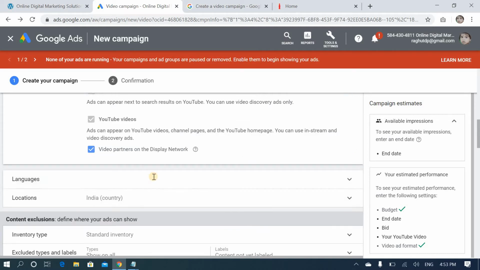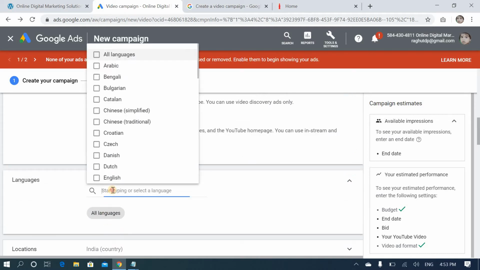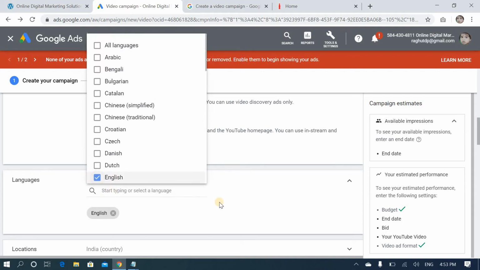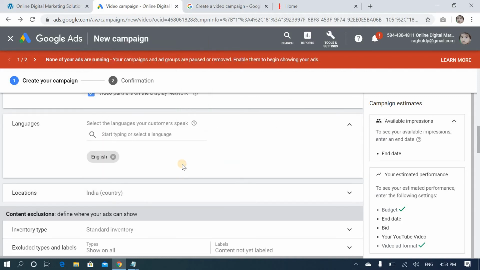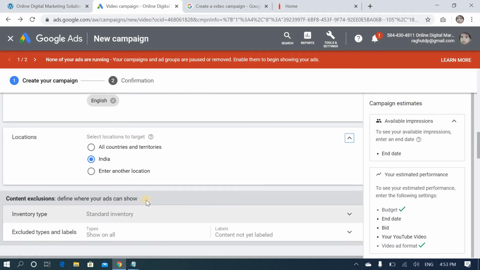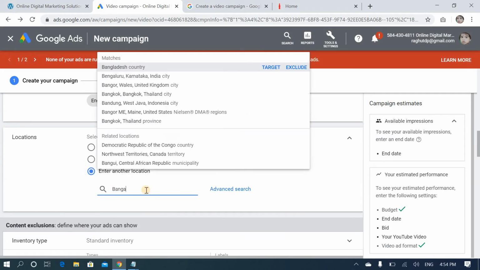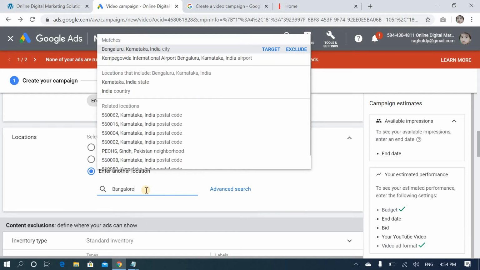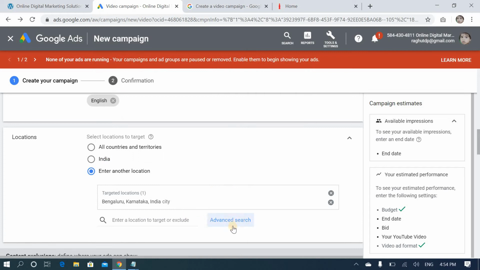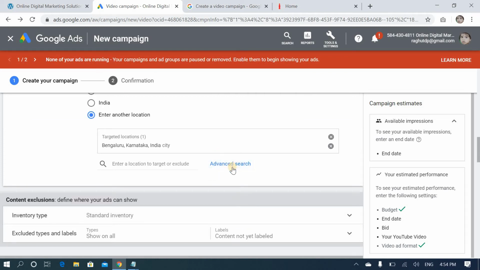Next come languages. Go for English, and if you want, you can add one more language also. For location, I'm targeting the Bangalore location. If you are looking for a specific location, you can target by location and radius from this option, advanced search.